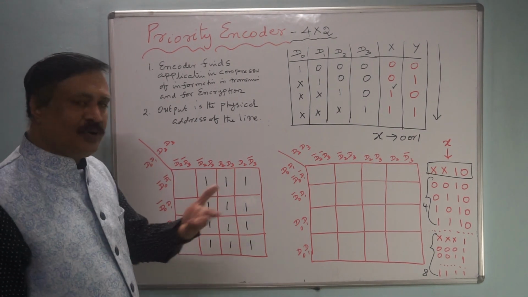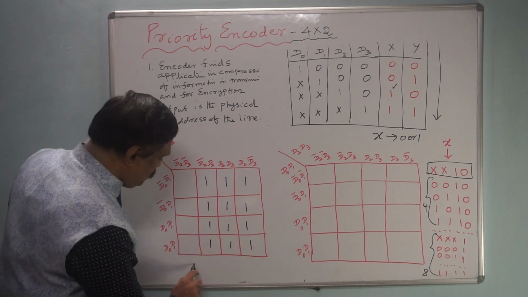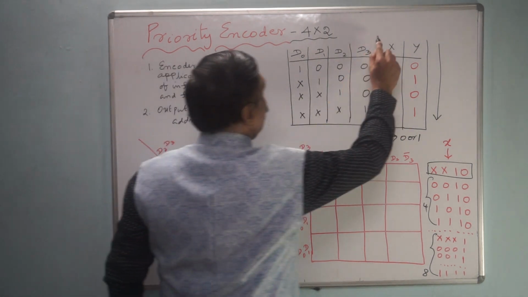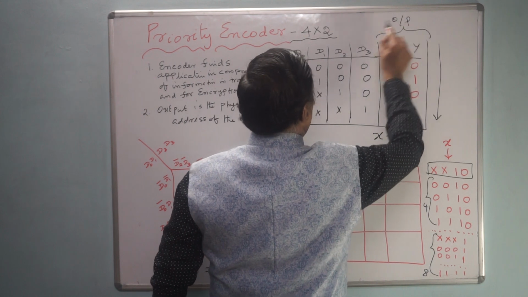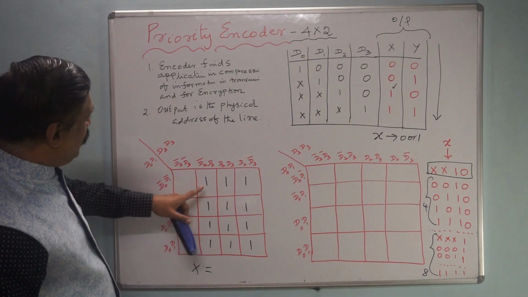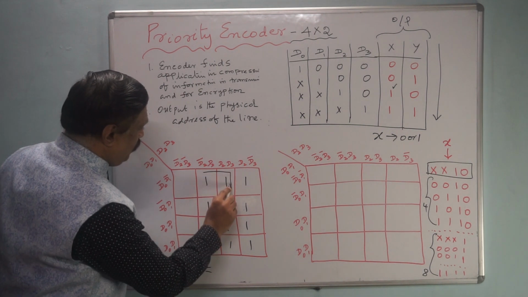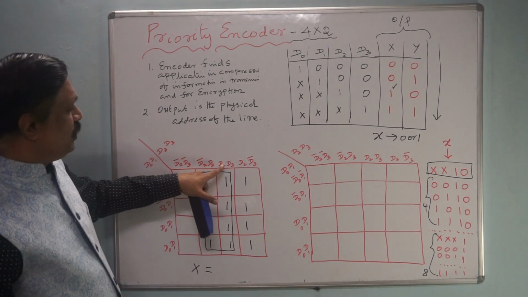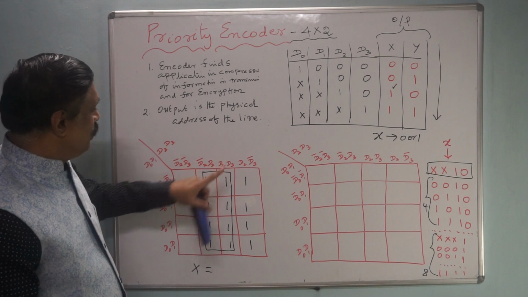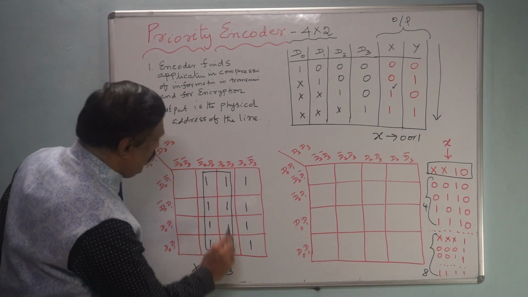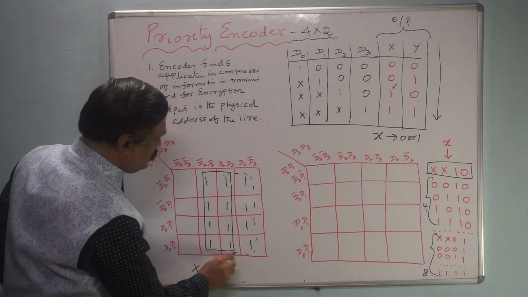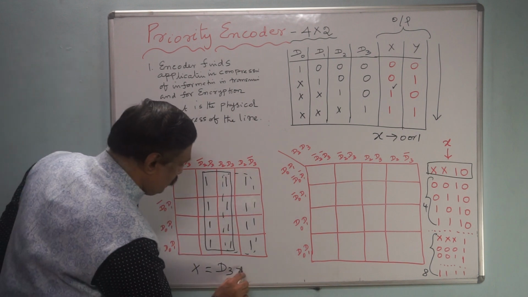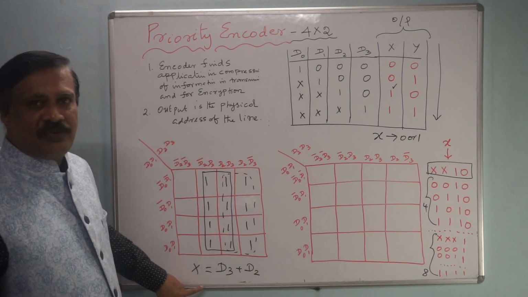Okay, now you have to write an equation. Therefore, this equation is for X, this output. Now this is the output, and these are for all the inputs. Now here, how to write? You can form a quad for this. If you form a quad, then D2 complement, D2 is changing. Therefore, your D3 is the one variable. And you can form a quad for this. For here, D3 is changing. Therefore, D2. Therefore, this is your equation for X.